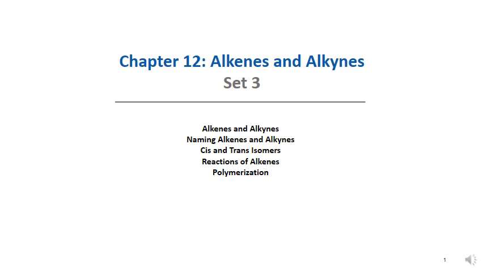Okay, guys, it's chapter 12, Alkenes and Alkynes. So let's review what alkenes and alkynes are, and then go through the nomenclature, the naming process. Then we'll talk about something new that we haven't really looked at before, which is isomerization, a new kind for us to look at. We haven't seen these before. Then we'll look at reactions, and then a little bit on polymerization, because that might have to do with your labs. Okay, so